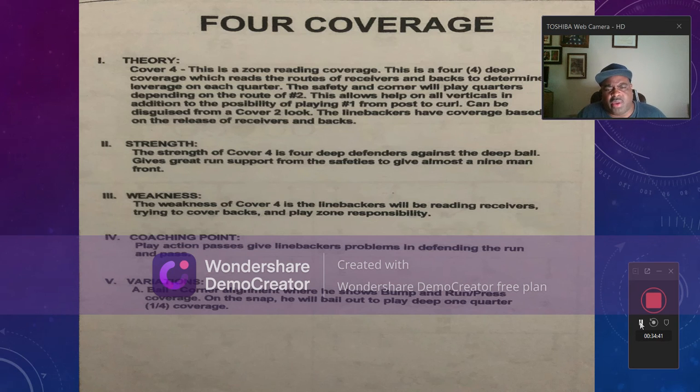Coaching point: Play action passes give linebackers problems in defending the run and the pass variations. Play on the ball. Corner alignments where he shows bump and run and press coverage on the snap. He will also bail out. You know, just because